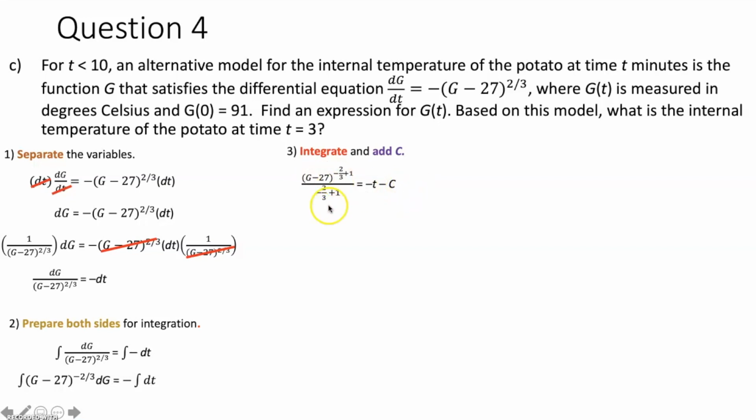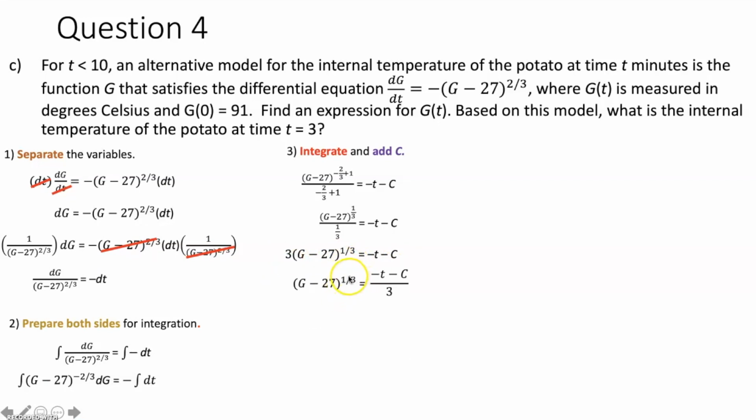So now we simplify this. Negative 2/3 plus 1 is going to be 1/3. We then know that dividing by 1/3 is the same as multiplying by 3. Now the goal here is to solve for g. So how do we solve for g? Well, we have to get rid of this 3. So we divide both sides by 3. We then have to get rid of this